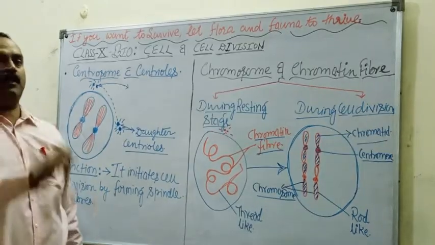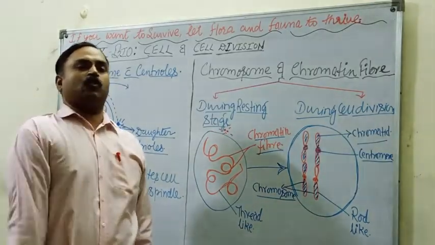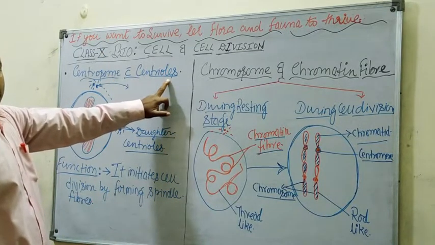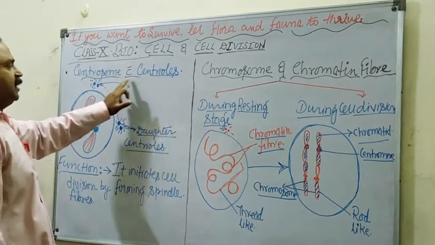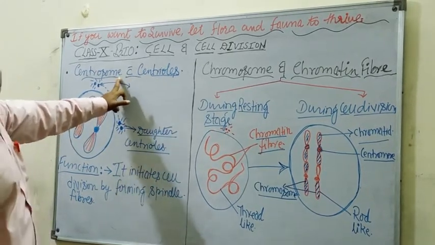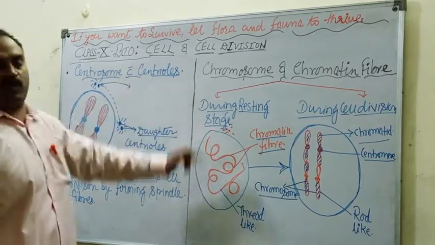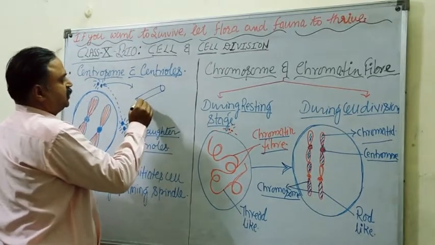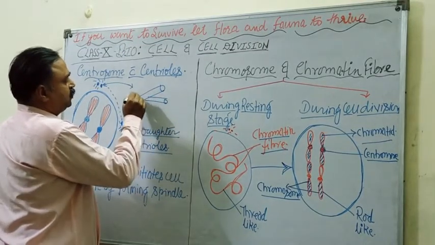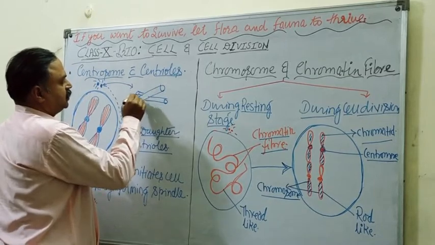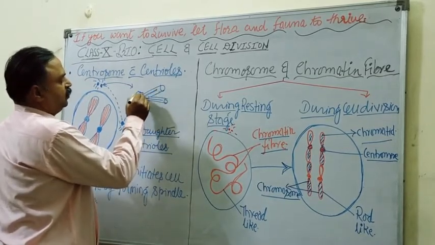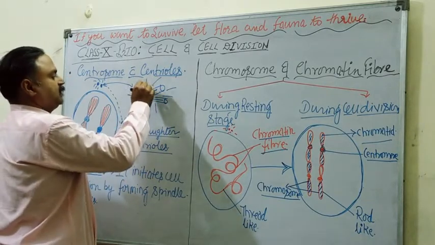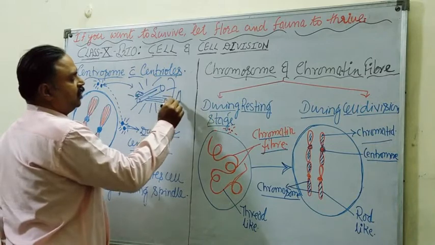The first cell organelle which is important in your course is centrosome with centrioles. Isn't it? Already you have studied the function of this in the cell chapter. What is the function of centrosome? Why is it called centrosome with centrioles? Because when we study in detail, it consists of two tiny cylindrical bodies called centrioles with radiating thread-like structures or rays, and the entire structure is called aster.